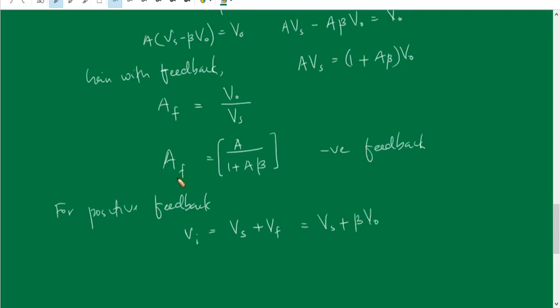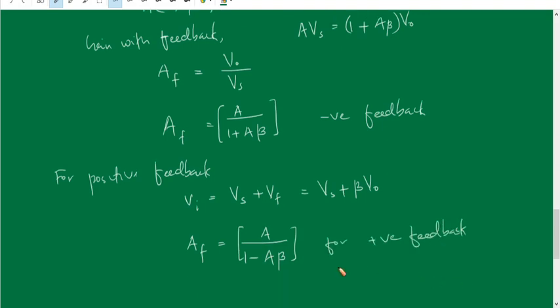Rearranging the terms, we get the gain of the amplifier AF equal to A divided by 1 minus A beta. For negative feedback, A divided by 1 plus A beta; for positive feedback, A divided by 1 minus A beta,